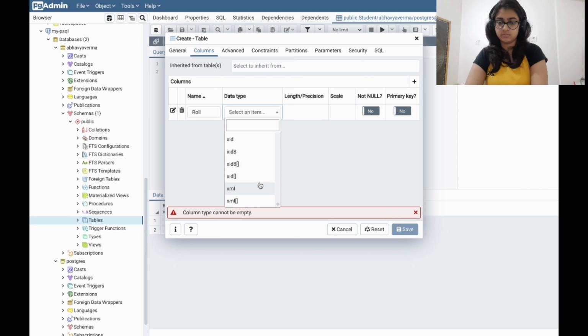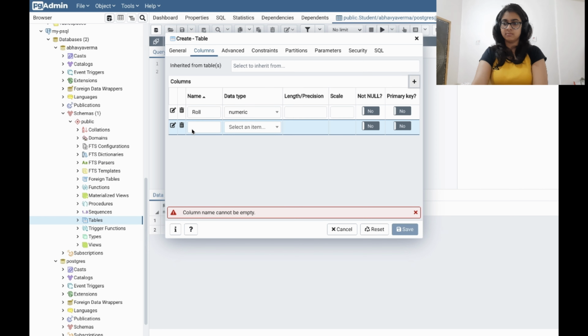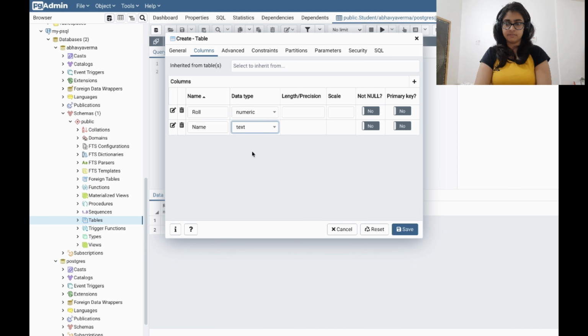So I will choose numeric as the data type. Another column for my name, and I will select this one as text. You can use text or varchar, anything, whatever suits you. So I will save this information.